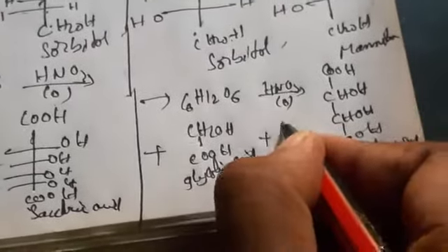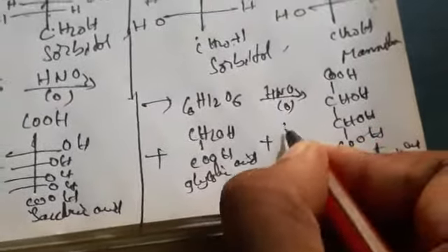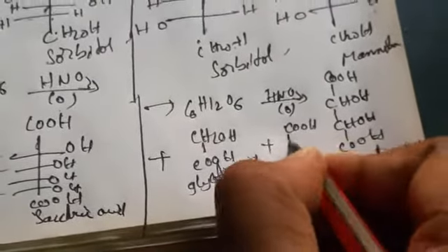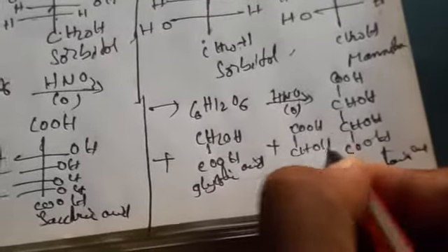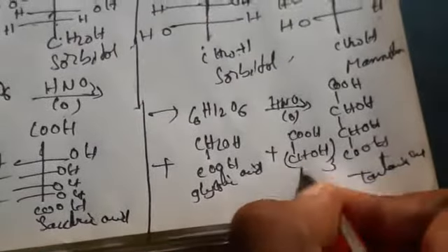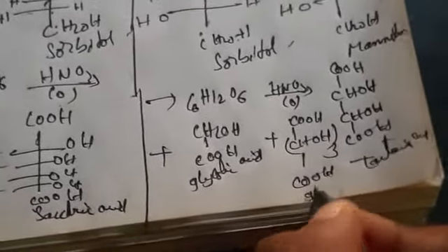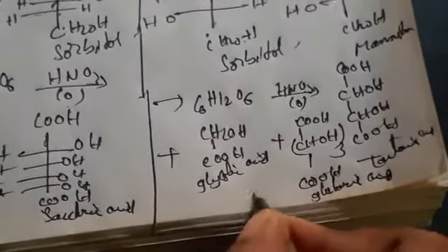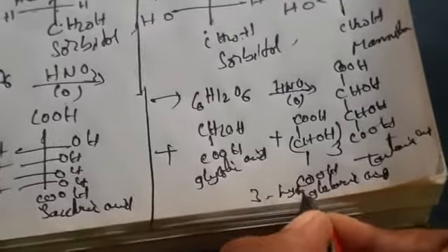Next one, it is going to form 3-hydroxy-glutaric acid, meaning COOH, CHOH, COOH. This one we call 3-hydroxy-glutaric acid. These are the differences between the